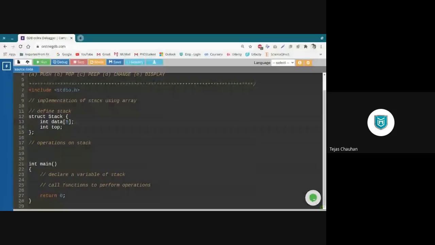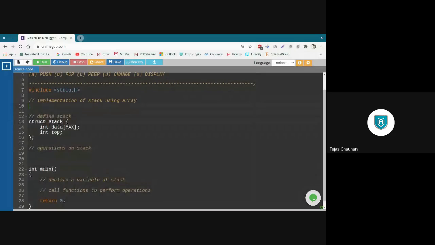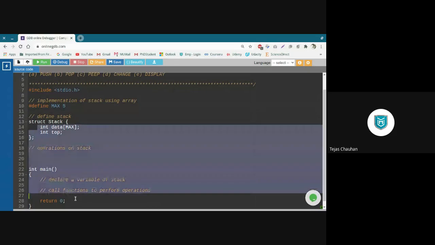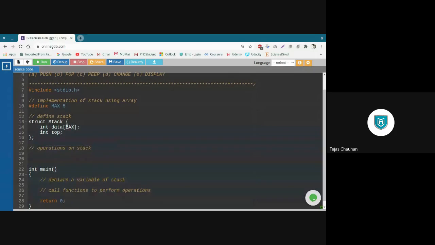So to overcome that problem, what we do is we define a max. I'm going to define a constant here, max, and then I'll give it a size. Now onwards, in the entire program, I'm going to use this macro.